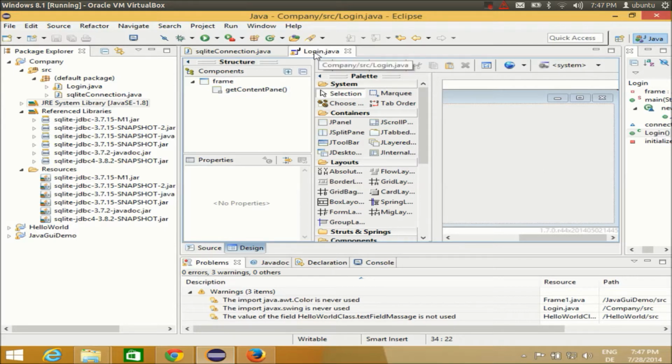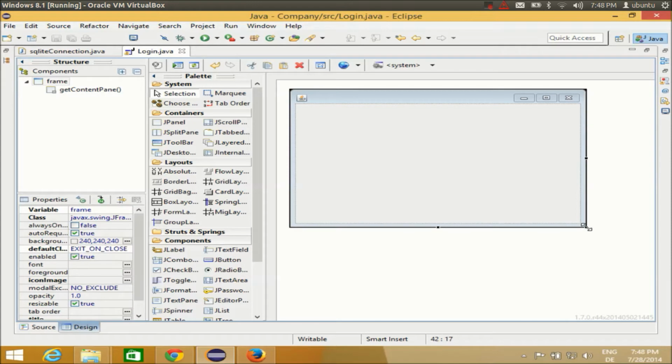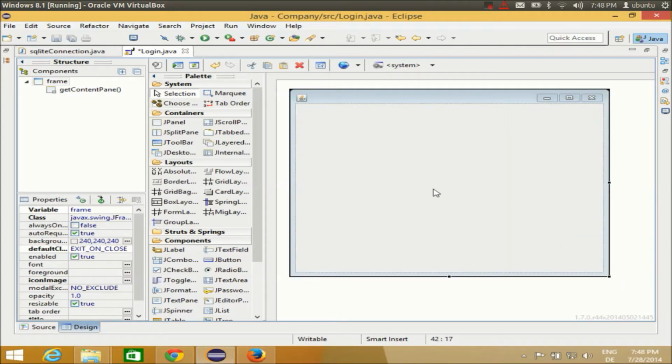First of all, I will just make this window a little bit bigger by double clicking this login.java, and we have some space to work with now, right? So what I'm going to do is I will just resize this a little, and I'm going to take this absolute layout and I will just place it on this login panel,